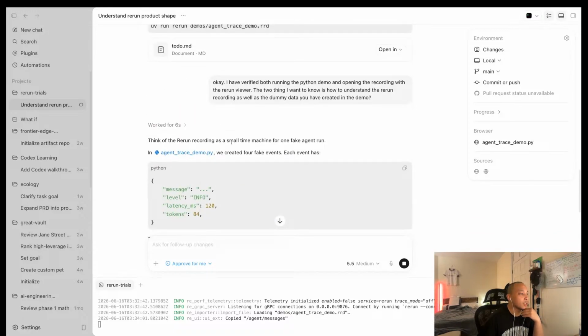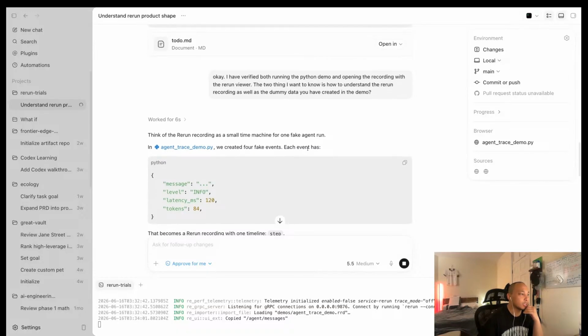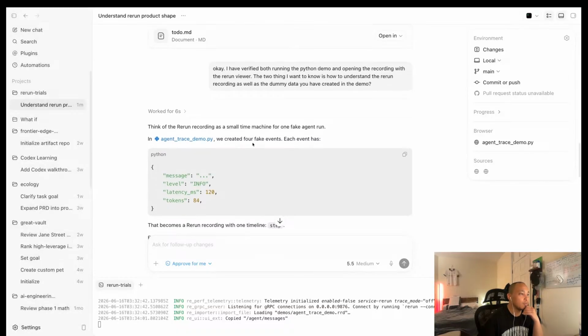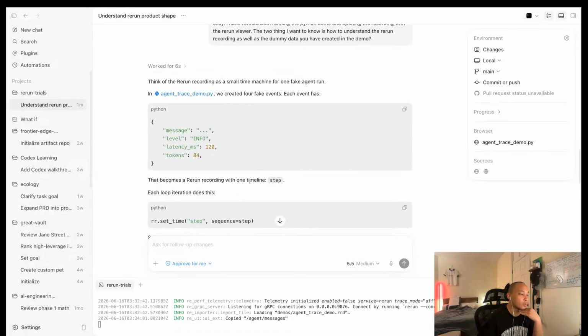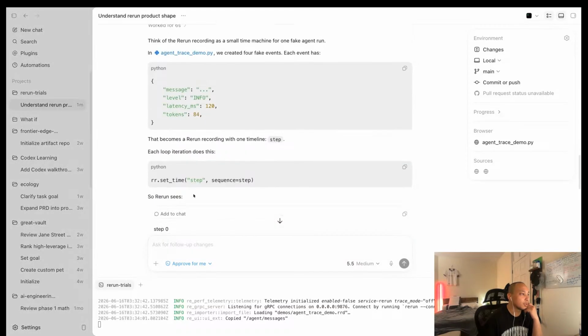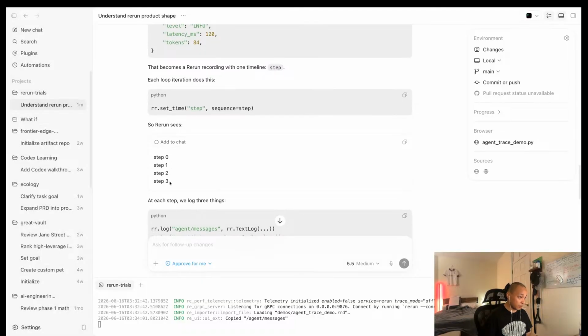Think of the rerun recording as a small time machine for one fake agent run. We created 4 fake events. Each event becomes a rerun recording with one timeline step. Yes, each loop iteration does this: rr.step. So rerun sees step 0, step 1, step 2.